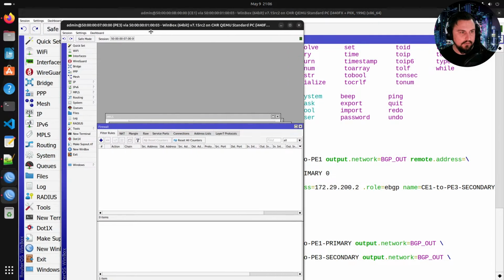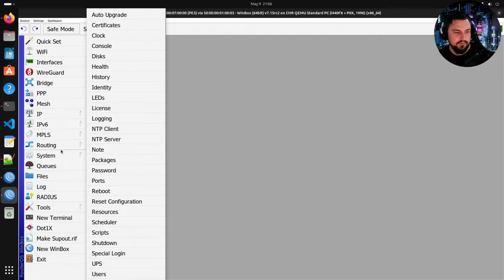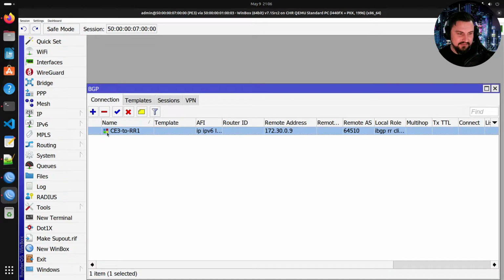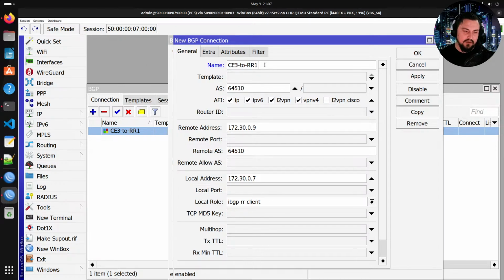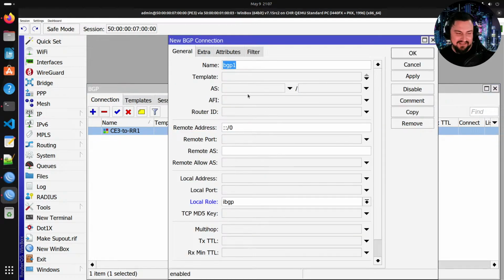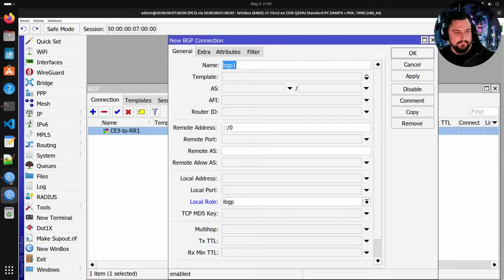PE3. Close all this. And since we're on Winbox, actually I could have been cheeky and just copied the connection like such. So you can just come in here, copy it, paste. Hang on, I can't do that because this is just a connection to the route reflector, so that's not really going to do what I wanted. Never mind. It would work well if I was still on PE. Is it PE? Hang on. Yeah, it is PE1, PE3. Alright, we're fine. So I can just make this PE3